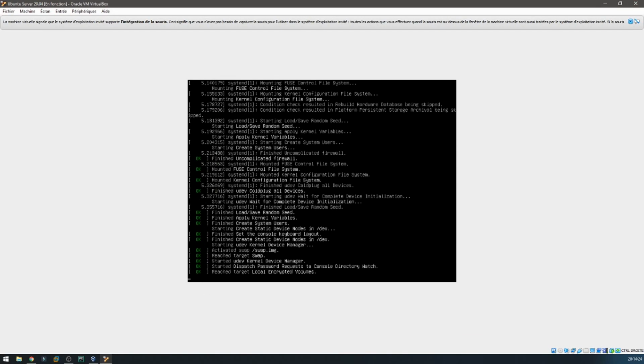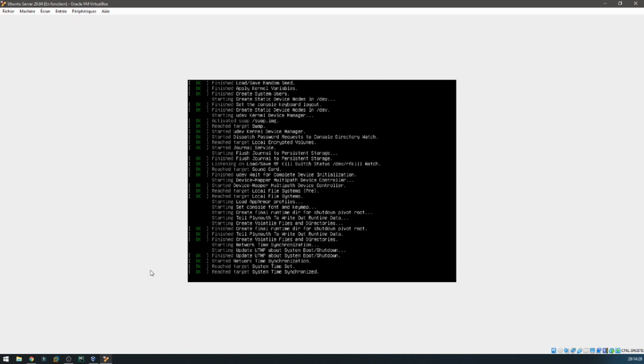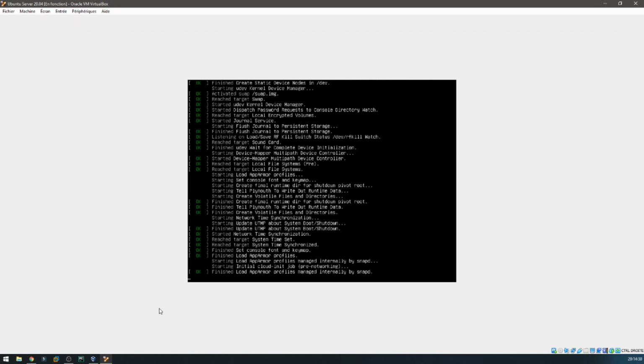And this is Welcome to Ubuntu 20.04 and waiting for boot. And the installation is finished, and welcome to Ubuntu 20.04. So this was how to install